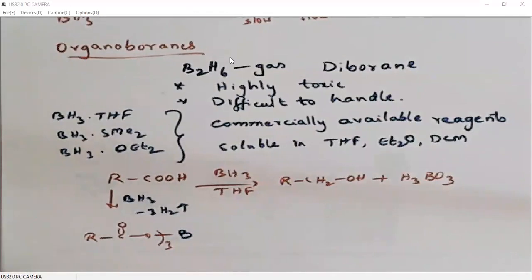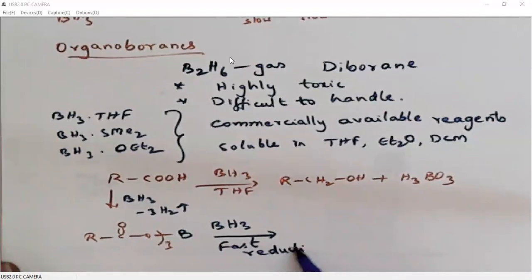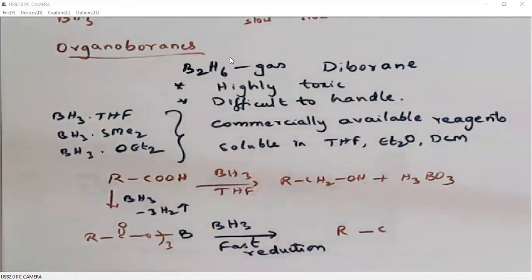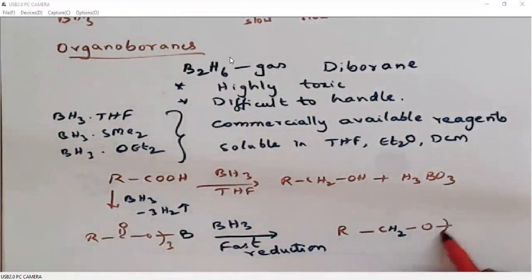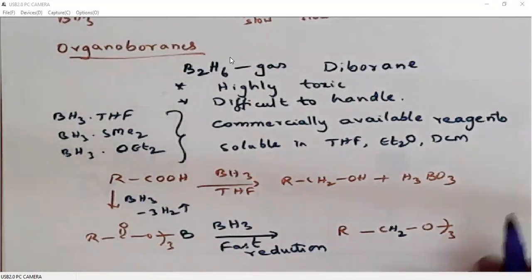This is the borate ester: B, O, then some R group, then it is called a borate ester. This borate ester will further undergo reduction with excess diborane to the corresponding alcohol. So H minus from borane will add to the carbonyl group until it becomes H2. So the two oxygen groups will be leaving. So it becomes H2. Of course, this oxygen will be there 3 times, with borane.